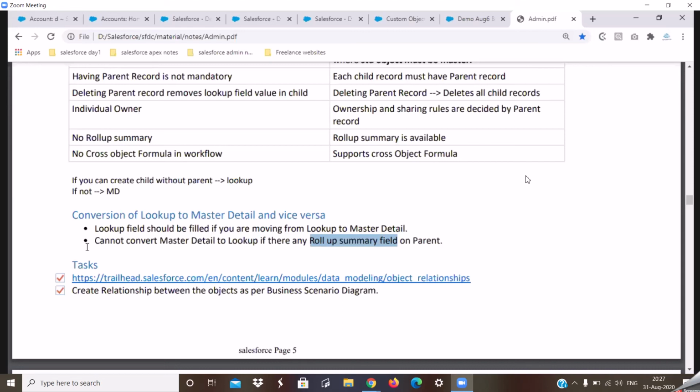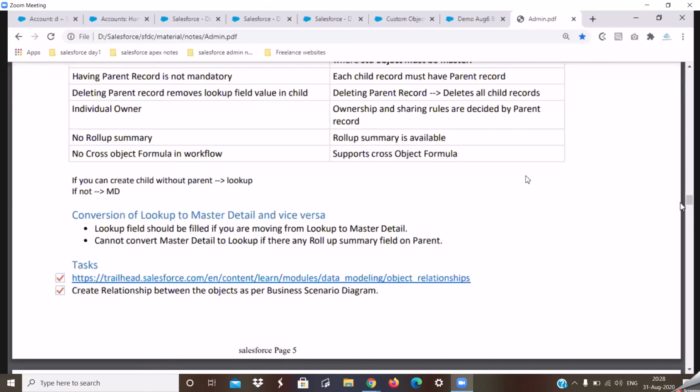If you are trying to convert a master detail to a lookup relationship, make sure that your parent doesn't have any roll-up summary fields created. That is what you need to check. If you have any roll-up summary fields on your parent, you'll not be able to convert that master detail relationship field to a lookup relationship.